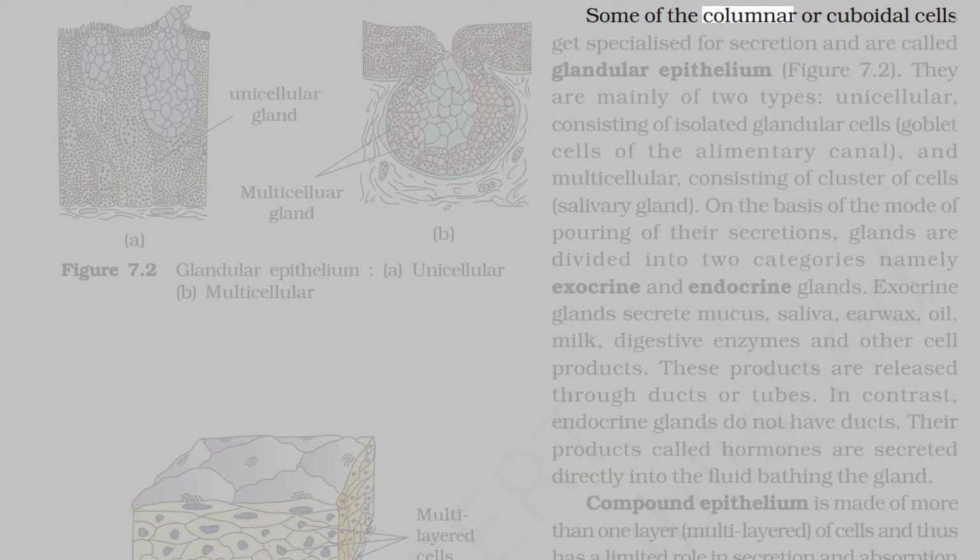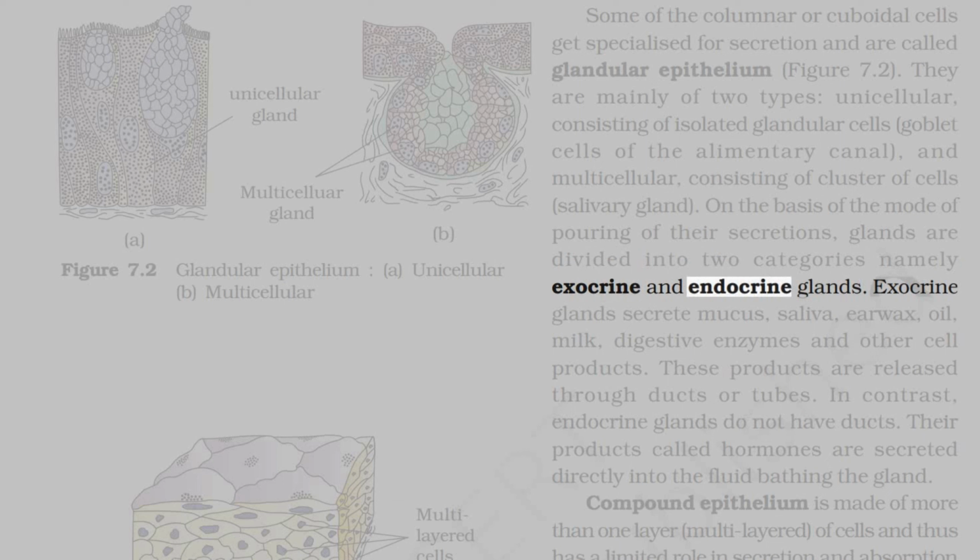Some of the columnar or cuboidal cells get specialized for secretion and are called glandular epithelium, figure 7.2. They are mainly of 2 types: unicellular, consisting of isolated glandular cells, goblet cells of the alimentary canal, and multicellular, consisting of cluster of cells, salivary gland. On the basis of the mode of pouring of their secretions, glands are divided into two categories, namely